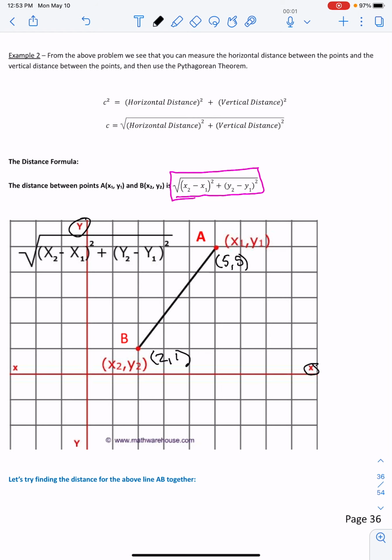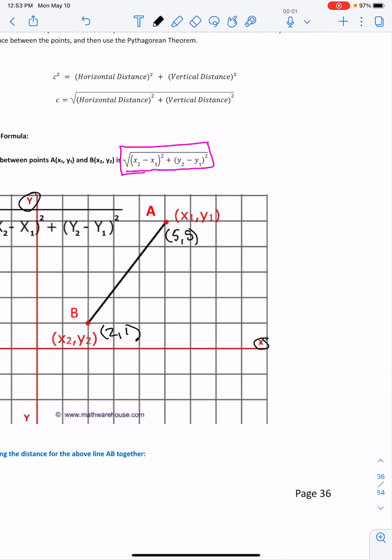So to find our distance here, we would say d equals the square root of x2 minus x1 squared plus y2 minus y1 squared. Now we replace. So we say the square root of 5 minus 2 squared plus 5 minus 1 squared, which equals